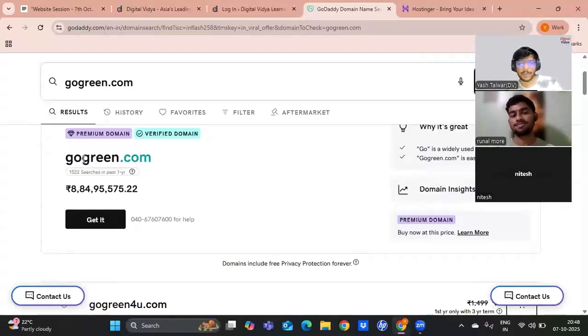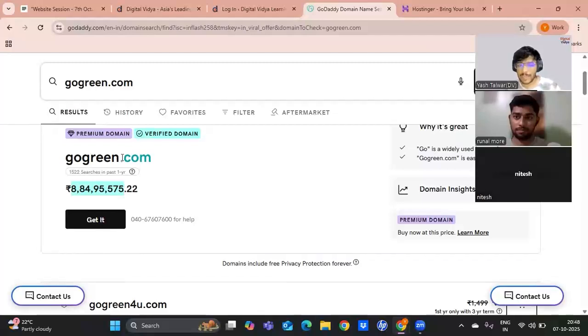And so this is a premium domain, like I said. If it is easy to remember, if it is a very popular keyword, and especially on GoDaddy, they market it as a premium domain. And this is the price that the domain is listed for. Right? So it can be very expensive depending on the domain that you're going ahead with.